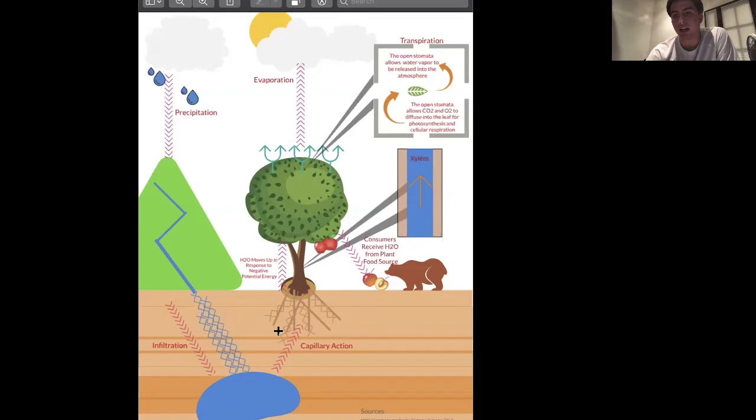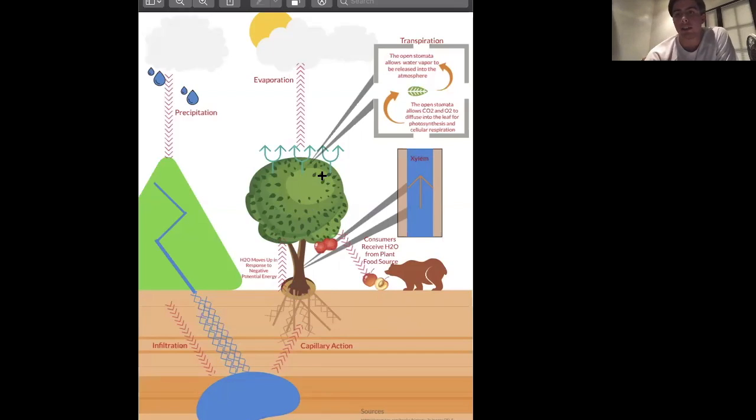This is passive transport. The only thing acting on this water as it's being sucked up is the difference in potential. So just the fact that there's a lower concentration of water up here is what allows the water to come up through the tree. And then once the water is stored in these leaves and there's an equal balance of water throughout the tree,